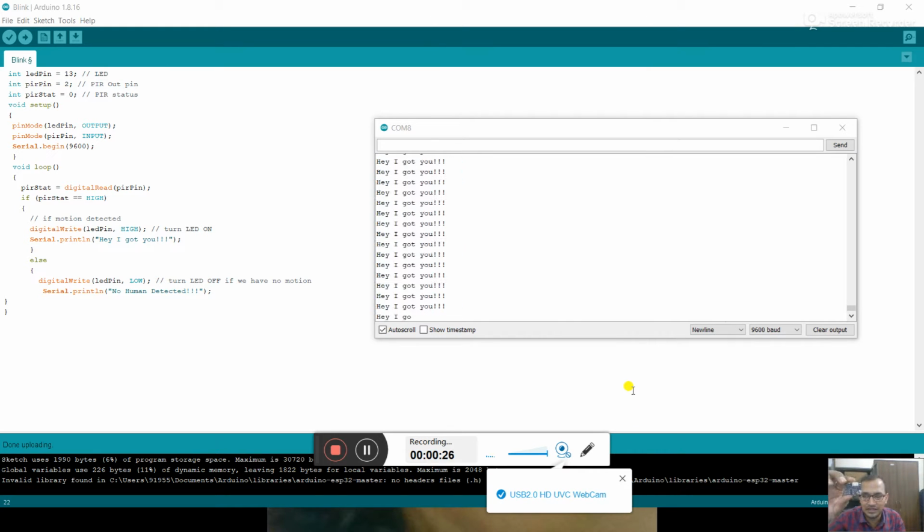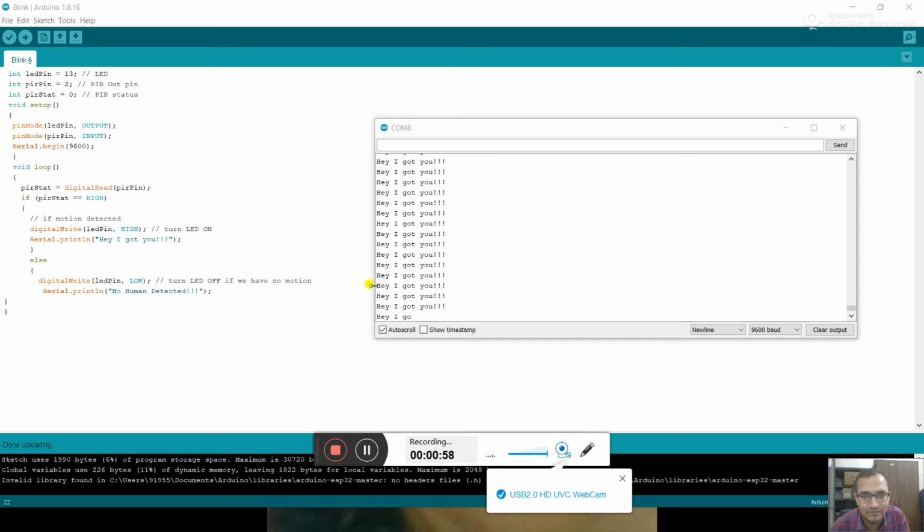So this is a PIR sensor. This is a PIR sensor basically. It has a connector, so there is a connector also in this to connect the PIR sensor with the microcontroller. Okay, so here you can see I have already connected it with my Arduino Uno, and on the board you can see that it says no human detected.